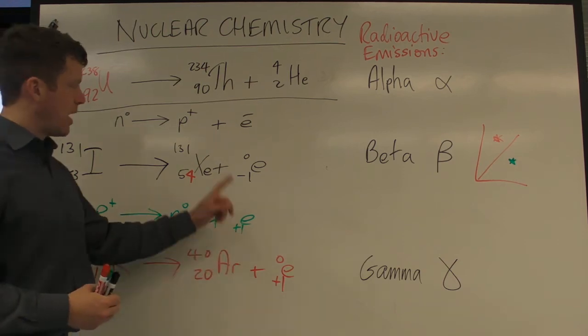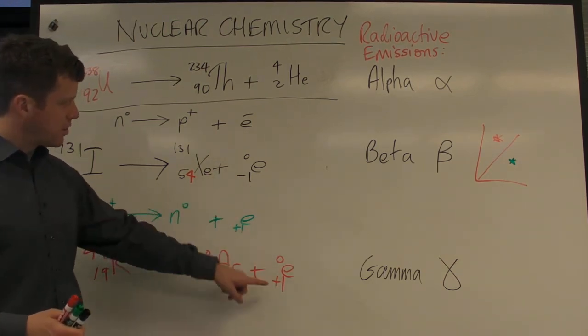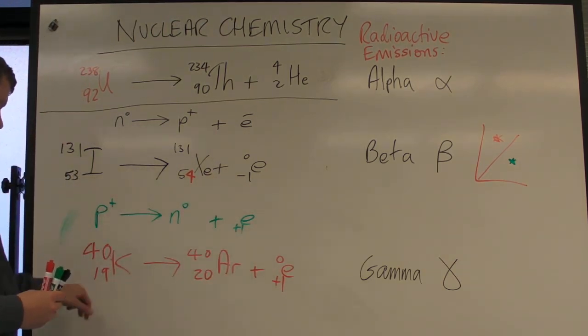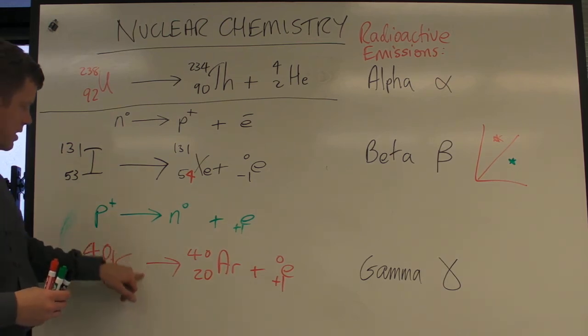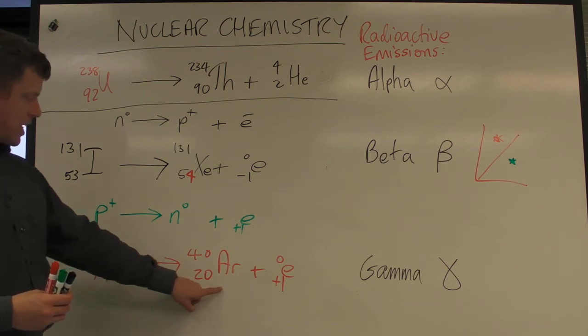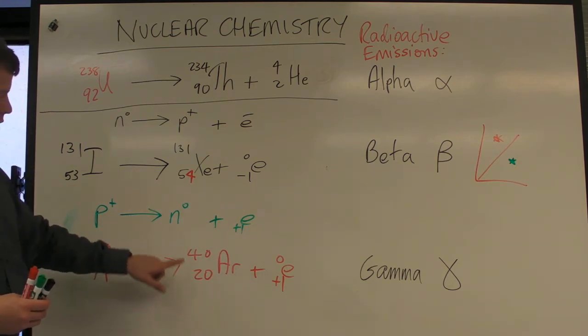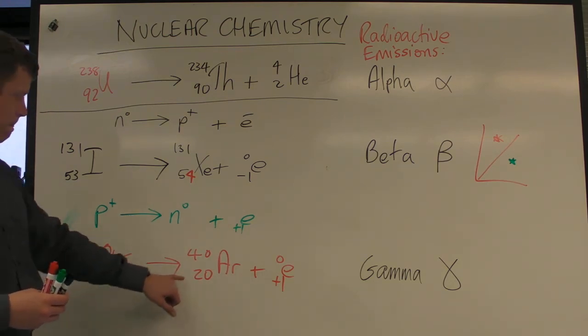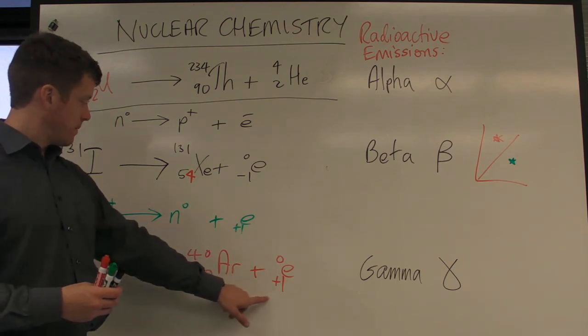So almost a similar idea, it's just that the signs are changed. Here you've got a radioactive isotope of potassium, so it undergoes decay, creates another neutron, and then